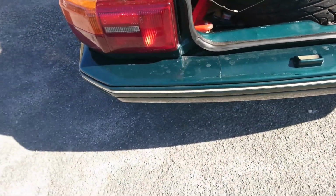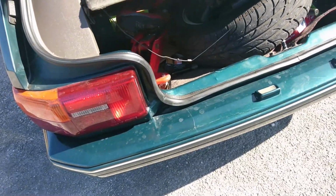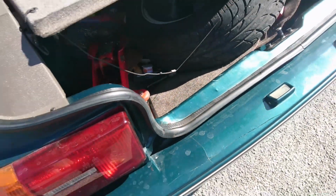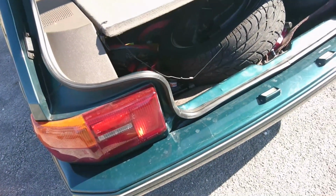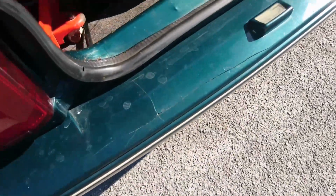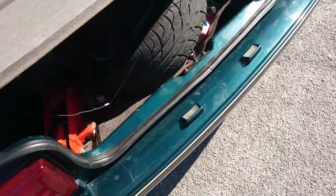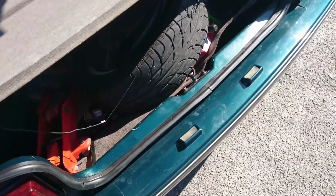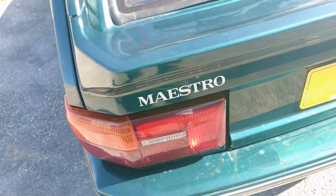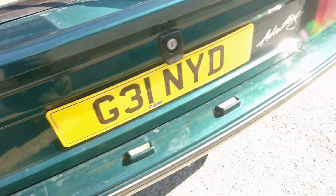The only thing I've noticed is that it was quite common on the earlier Maestros for the plastic bumpers, and they were one of the first cars, if not the first cars, to be fitted with plastic bumpers like this. They used to crack in cold weather at the slightest impact, and I think that's probably what's happened with this one. Nevertheless, it looks fantastic, and look at that, just Maestro, no other maker name, and the little Advantage